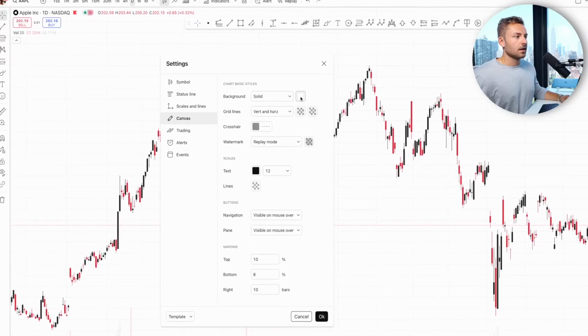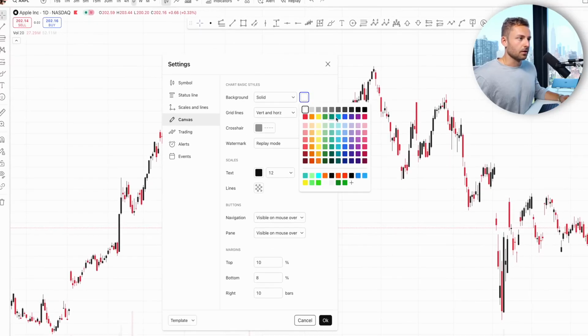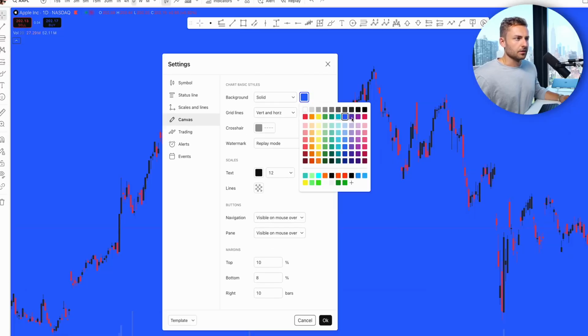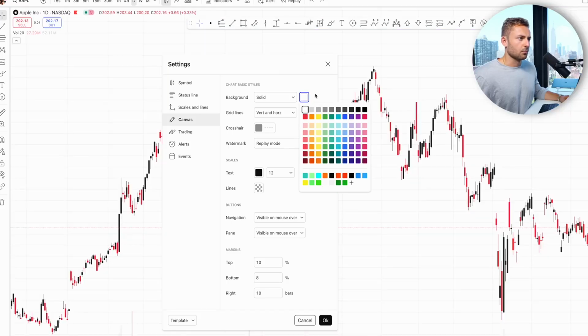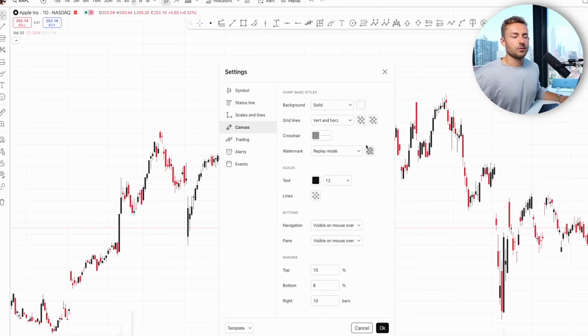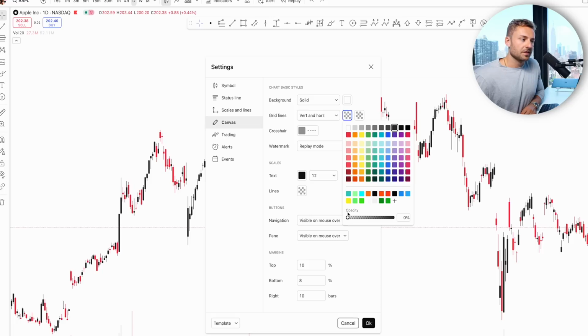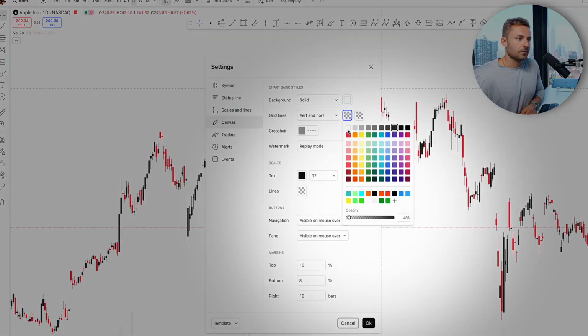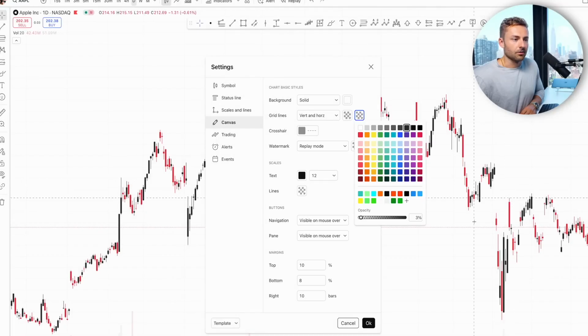So if we go into here, we can set up our background however we want. You can see if we wanted to make this blue for whatever reason we could. You can sort of customize your color. All right, I'm going to stick to white here. Next thing are grid lines. Now, once again, grid lines can be important, but what I'm doing is either turning them off or turning them down to about 2 to 3% opacity. So you can very faintly see your lines, but it's not really distracting